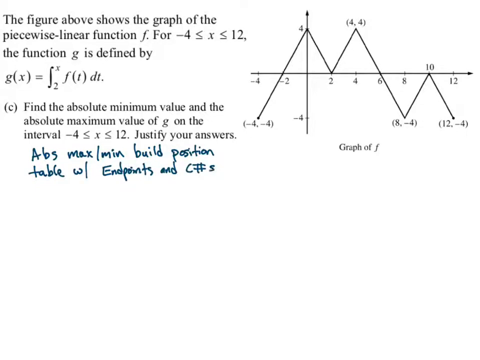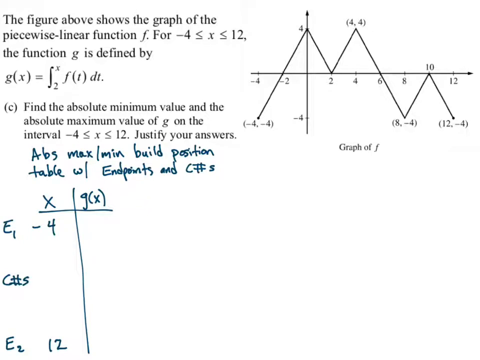So I'm going to go ahead and just build a table, x and g of x, -4 to 12. Those are my endpoints, and then I have to find the critical numbers. Now, I already found the critical numbers in the previous part of this, but g prime equals f, where that equals 0 or undefined, are my critical numbers, and so there's 4 critical numbers on this one. Now, there's a couple that are not going to actually be relative max, relative mins. Like number 10, we already talked about why that doesn't work, but basically I'm going to scratch out 2 and 10 on this one,